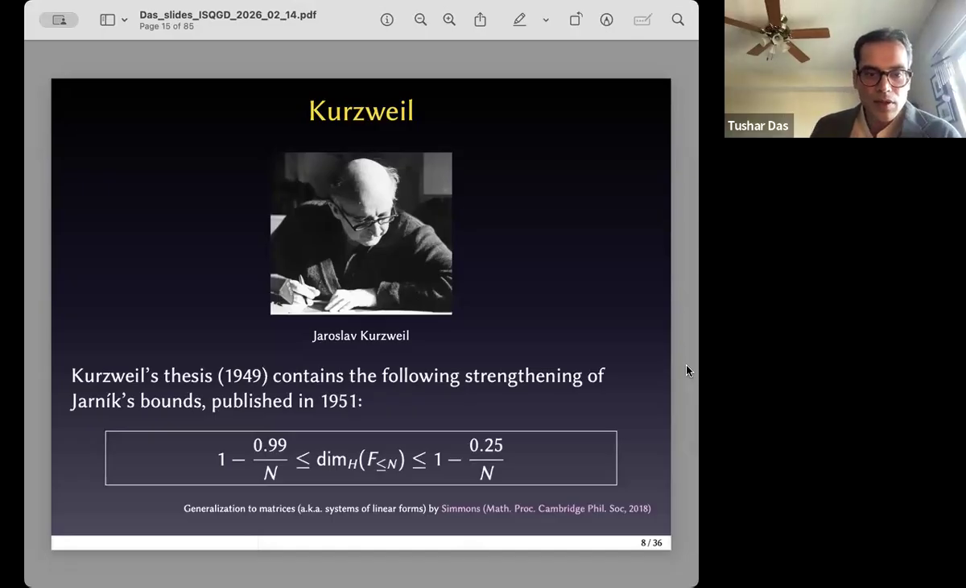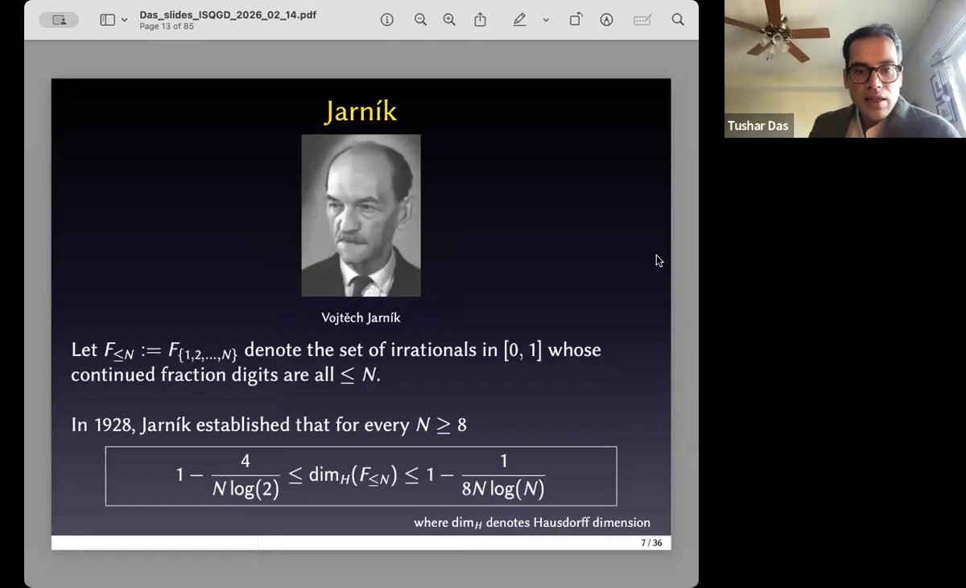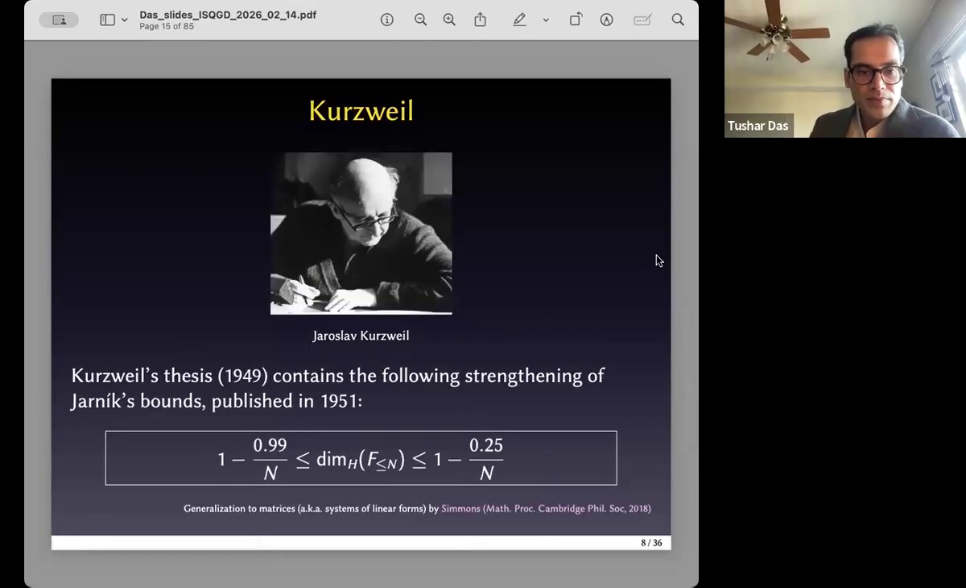And so Kurzweil could improve them, and he could prove the following improvement. So you'll notice that the log terms have now disappeared, and he could prove that this dimension is between these two bounds right here. I'll just mention, for those of you who are interested in higher dimensional generalizations,